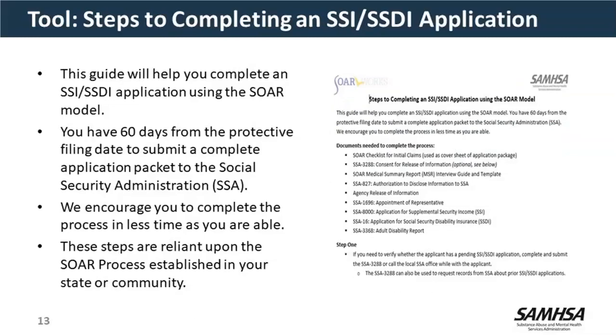If we need to, we will meet with the claimant a second time around if we're still not 100% positive that the claim is going to be a quality claim. But if that doesn't happen, we complete the online application. We notify our contact over at Social Security telling them that we just completed the online application and set an appointment to come in and bring in the 8000, any other paperwork, the 1696, the 827, the 3288,